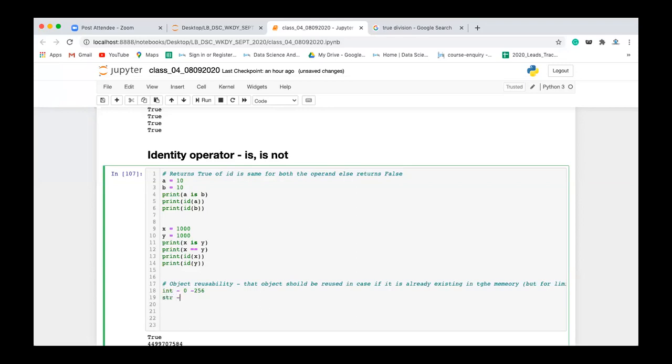In the string, the values from capital A to capital Z, small a to small z, then 0 to 9 and underscore, they all follow the object reusability concept. None follows the object reusability concept. Boolean values true and false follow the object reusability concept. Rest all objects